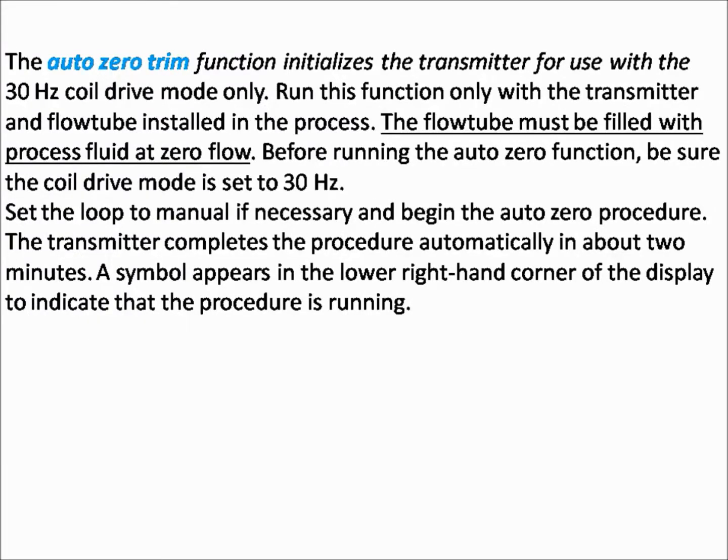Now we will discuss the auto zero trim. So what is it? It is just like the zero trim. For this you have to take the magnetic flow meter into the process first. Remember it, it is the online zero trim. First of all, you have to fill your line with the magnetic flow meter, and you should close the isolation valves in the upstream and downstream. Now press auto zero trim, so it will automatically trim your zero.